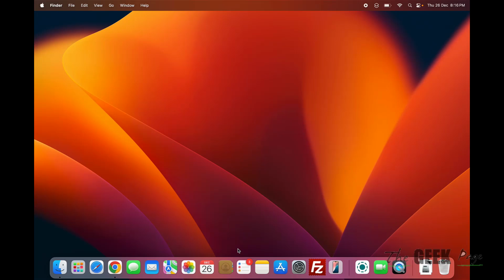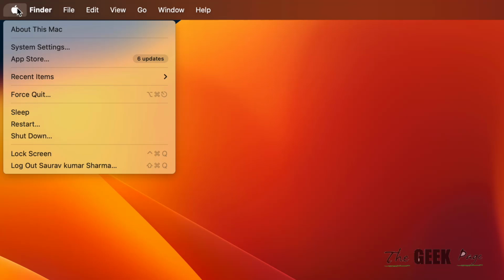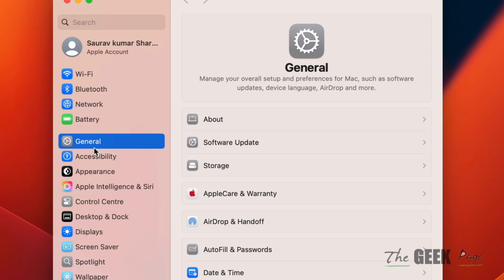Your MacBook display is turning off. So how to fix this issue? So the very first thing to check is just click on Apple menu and click on System Settings, and now